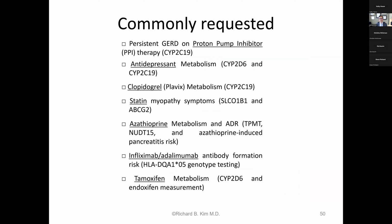So some of the commonly requested genotype testing includes persistent GERD for PPI therapy. Some patients for CYP2C19. We talked a lot about intermediate and poor metabolizers for clopidogrel, but 2C19 is really important for the metabolism of proton pump inhibitors. And in fact, for CYP2C19, some patients have genetic makeup that makes this enzyme more active, and they're called rapid or ultra-rapid metabolizers. In those patients, they metabolize PPI medications too quickly, and they do not benefit from a standard dose of PPI medications. So by testing for this, it can provide some reassurance with regards to whether the patient is on the right dose of a PPI medication, particularly when they have to take PPIs for long periods of time for persistent or